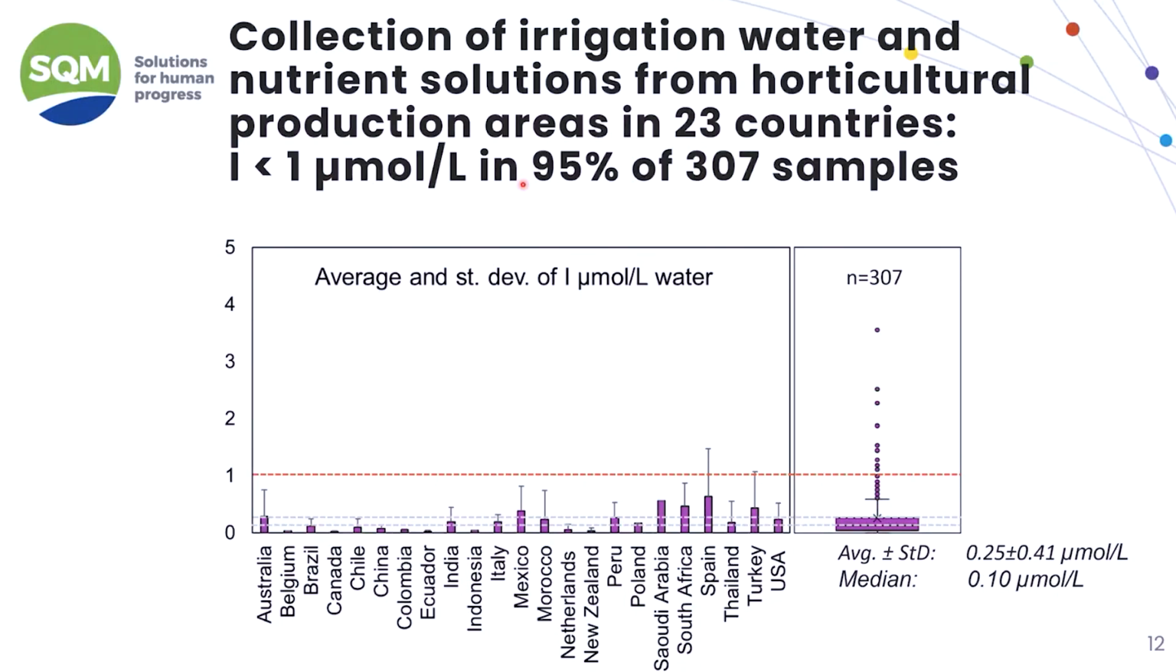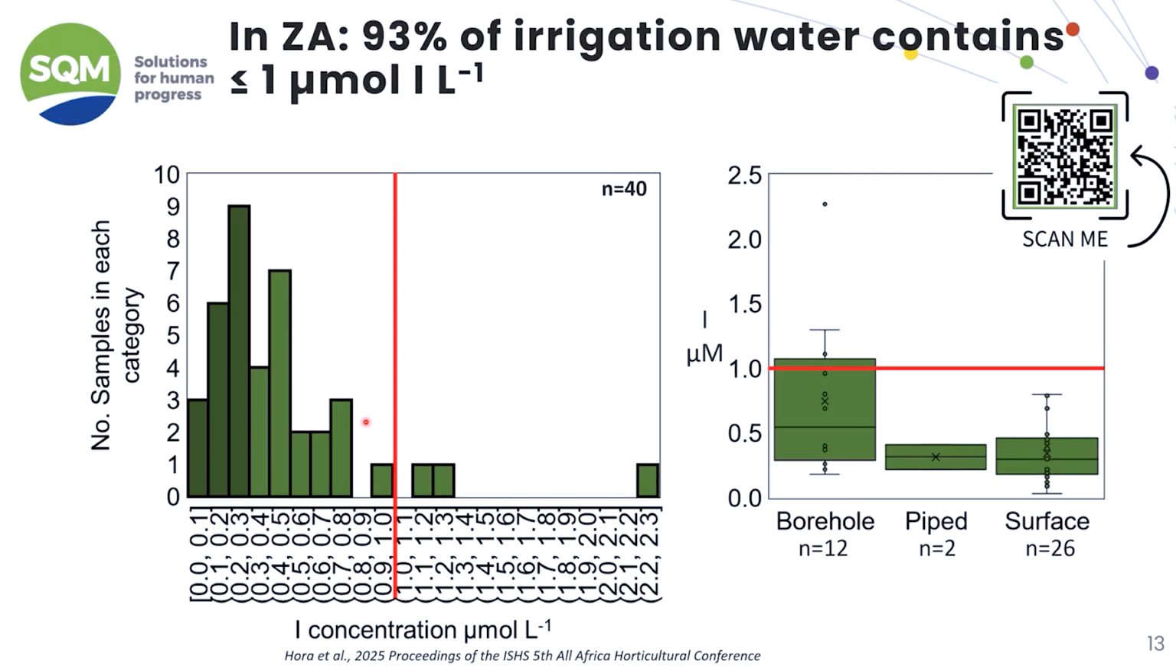And we found that actually 95% of all these samples have an iodine concentration below 1 micromole per liter. And 50% of all these samples are even lower, with a median of 0.1 micromole per liter. So it's logical in these systems to expect that there might be a benefit of adding iodine to your nutrient solution. Specifically for New Zealand,